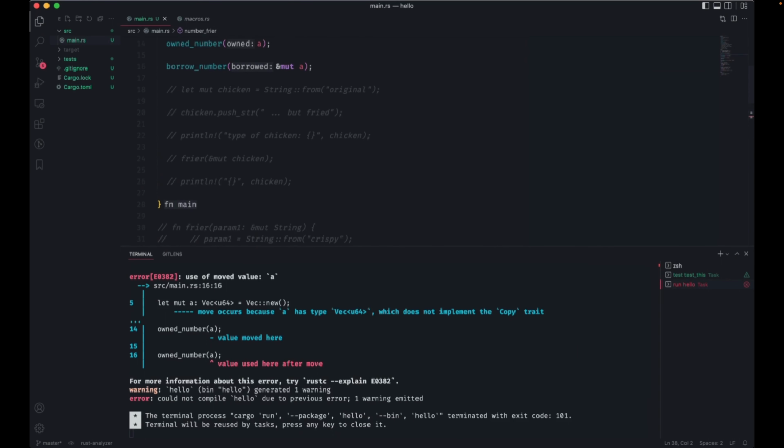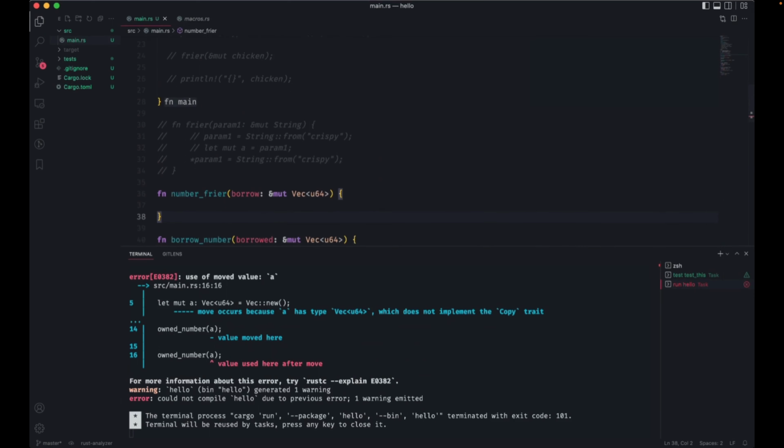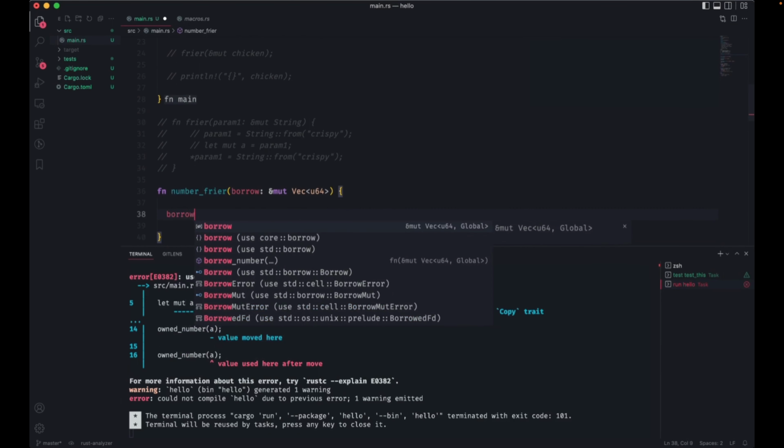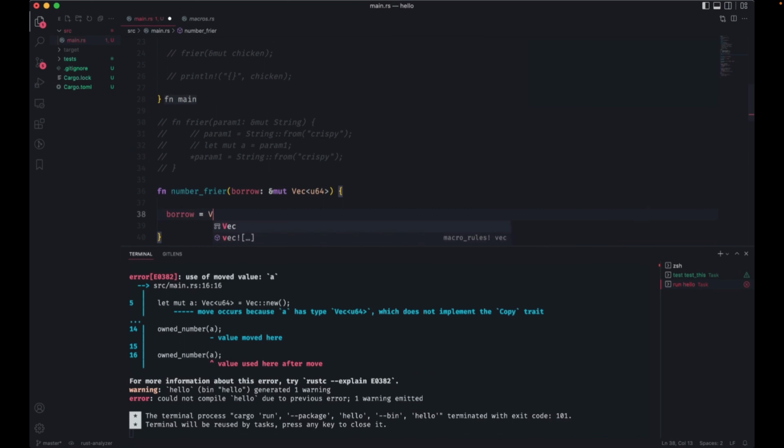But instead of pushing, I want to actually change it completely. Whatever I get here, I would want borrow to be a new vector of type 100 u64, no matter what happens.